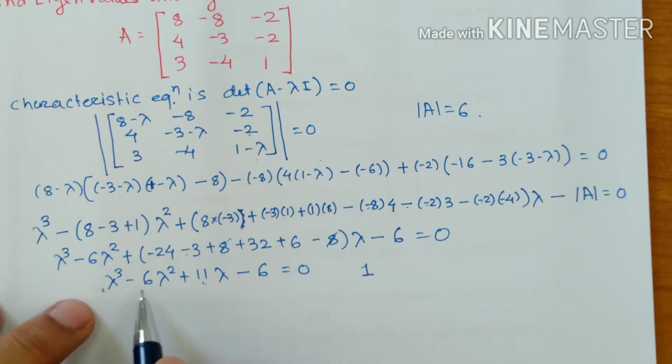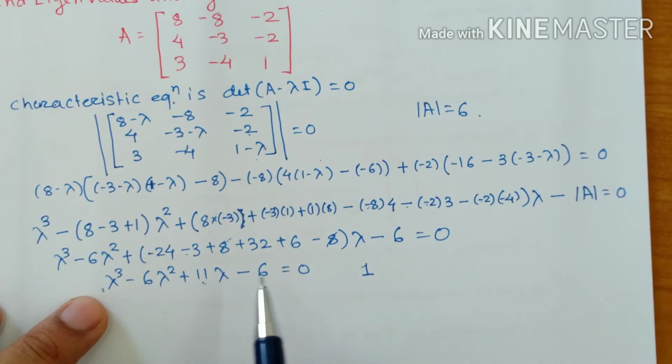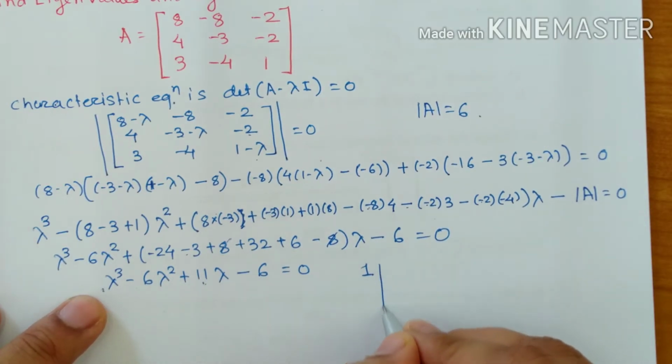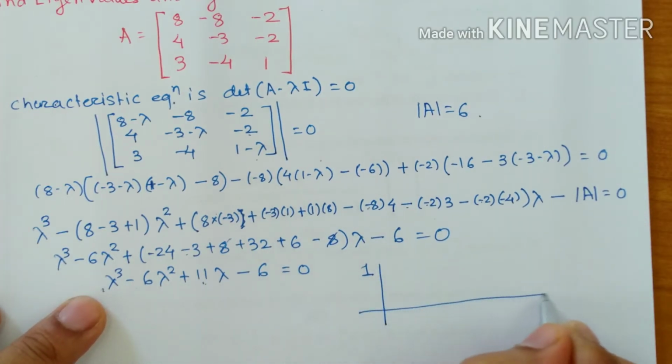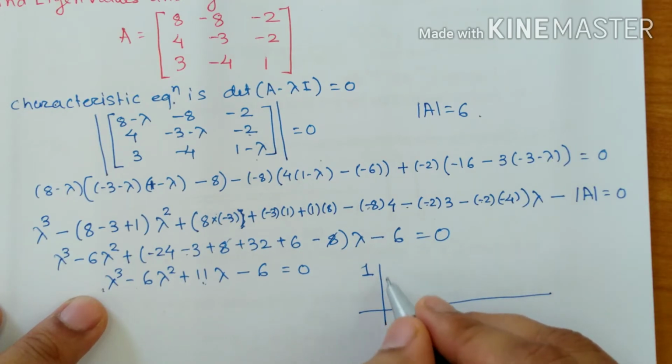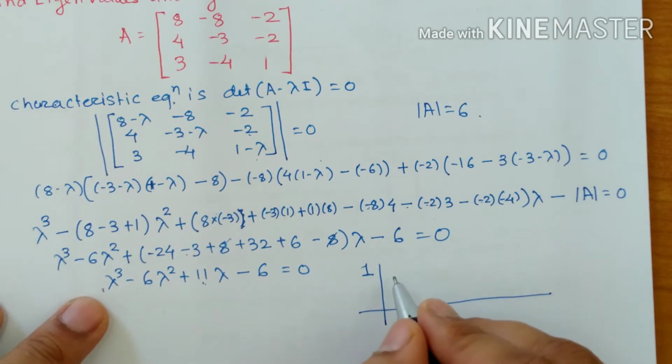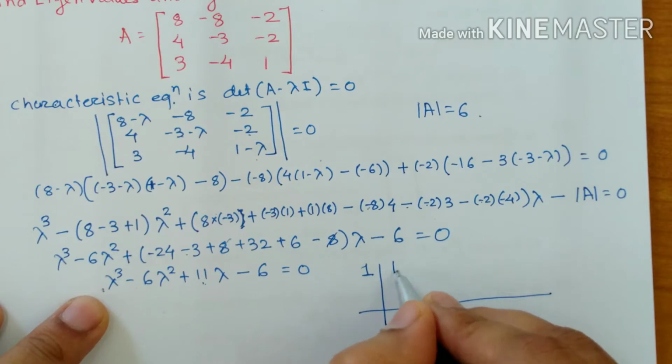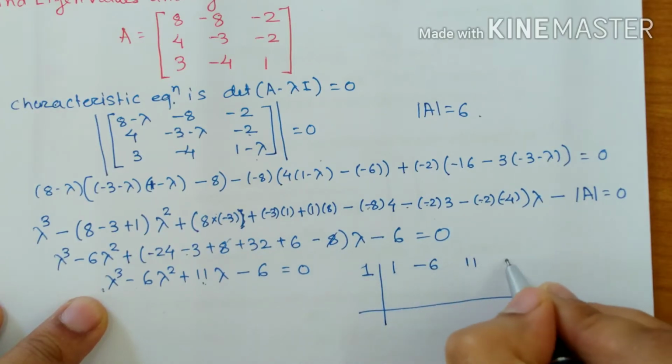Okay, so here you can see minus 6 becomes -12 and 11 plus 1 becomes +12. The addition at alternate places is not same. One time it is +12 and then it is -12. Now you add all the coefficients 1, -6, 11, -6. The sum is 0. Hence we divide it by +1. So 1 into bracket. 1 is a divisor. Synthetic division takes place like this: 1, -6, 11, then -6.